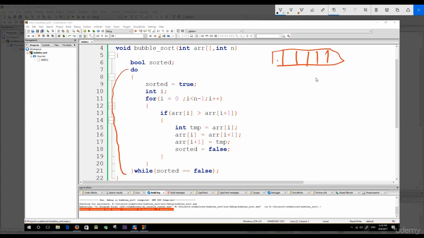So we're sure at least the very last 2 elements are being sorted. And every time we're adding an element. At the very first iteration, we're sure that the very last element is sorted, and then the element before that is sorted, and then the element before that, because we're always taking the maximum element and pushing it